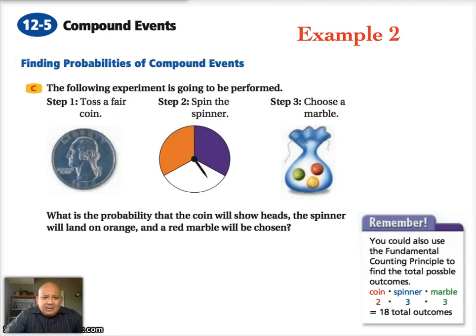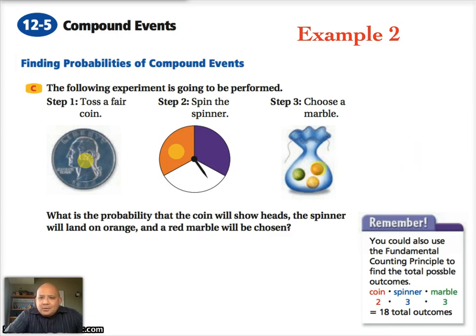Next, the following experiment is going to be performed. We're going to toss a fair coin. We're going to spin a fair spinner, divided into thirds equally. And then we're going to draw a marble, 1 of 3 marbles from a bag. It's a compound event because it's made of single events. What's the probability that the coin will show heads, the spinner will land on orange, and the red marble will be chosen? So we're looking for heads, the spinner landing on orange, and we're looking for the red marble right there,